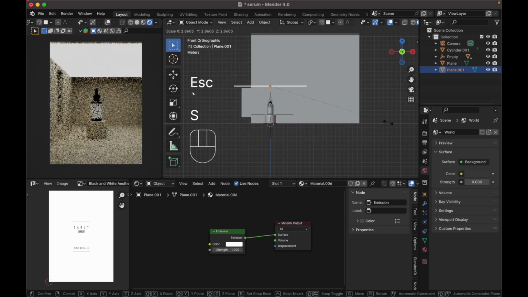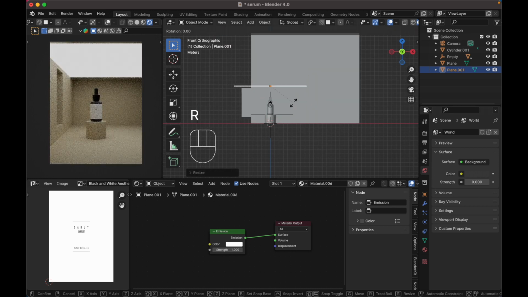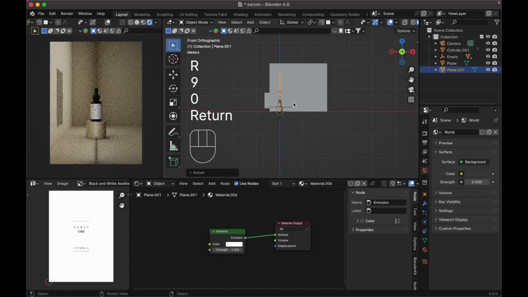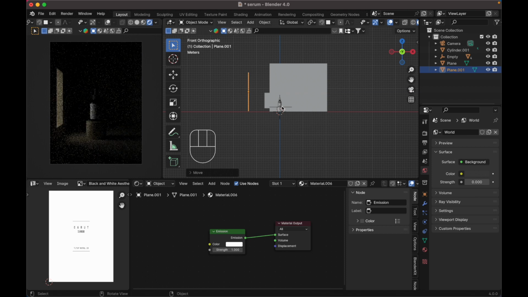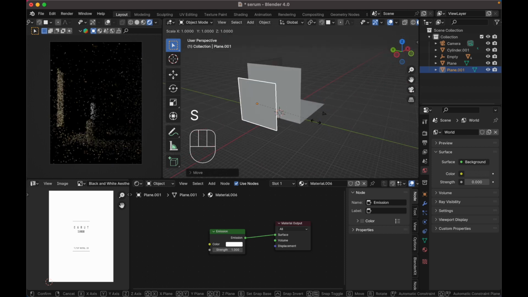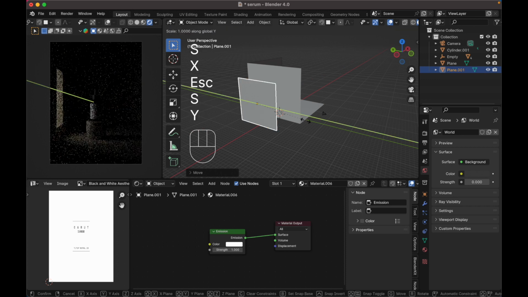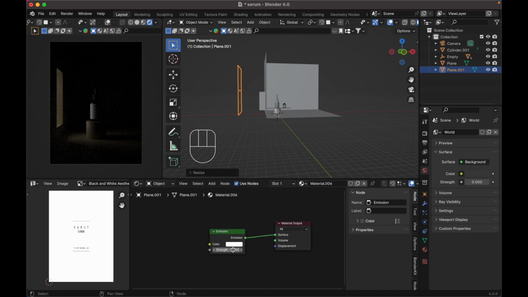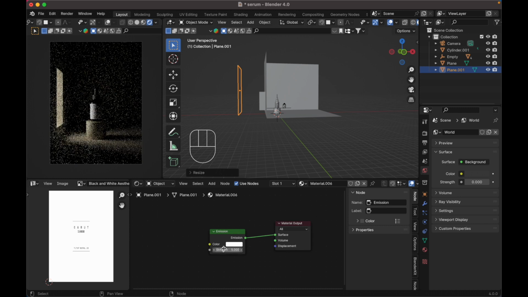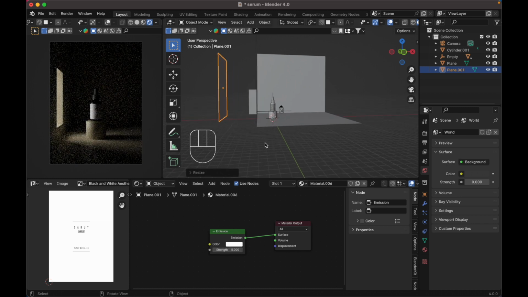Scale it up and press R 90 degrees, move it to the outside like this, press S Z, press S X, press S Y axis. We need to increase the strength like that,